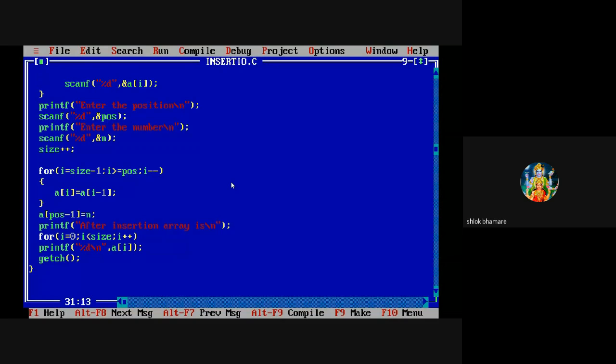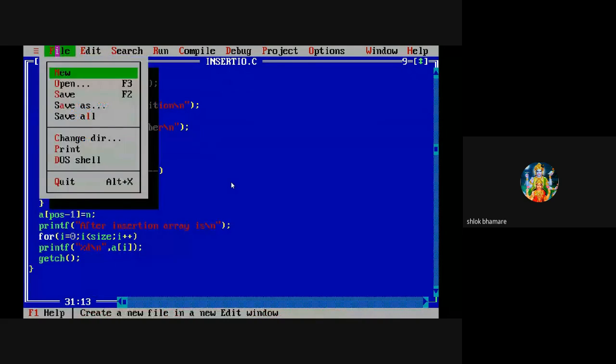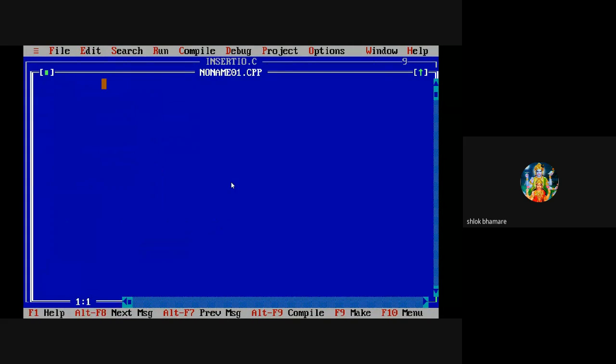Okay, we will see the next program for how to delete an element in array.